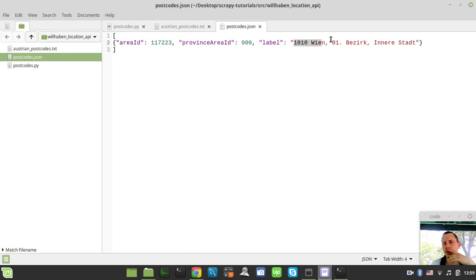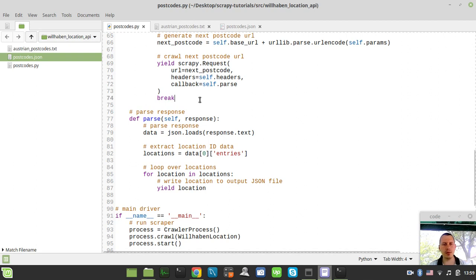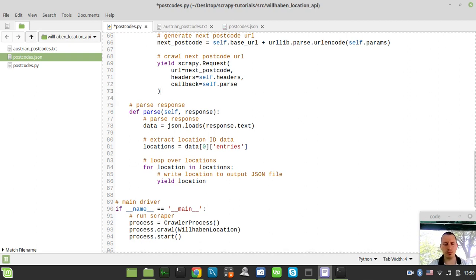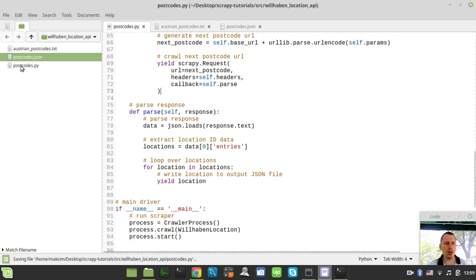Oh, there is, so yes, this label is literally enough, so I could have used this label as well. Okay, perfect. So the very last thing to consider is probably to get rid of this break statement,